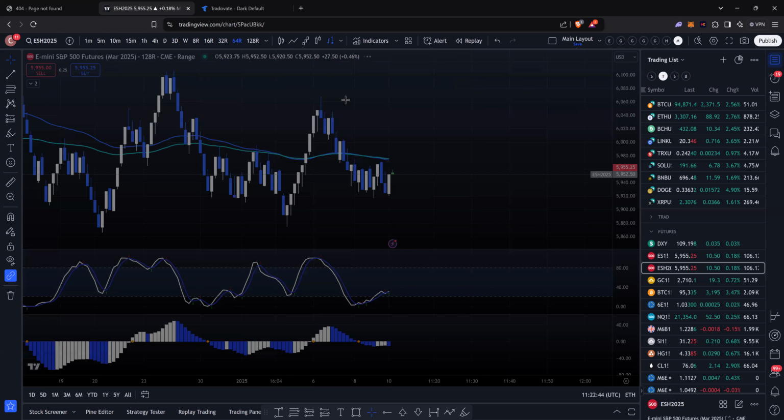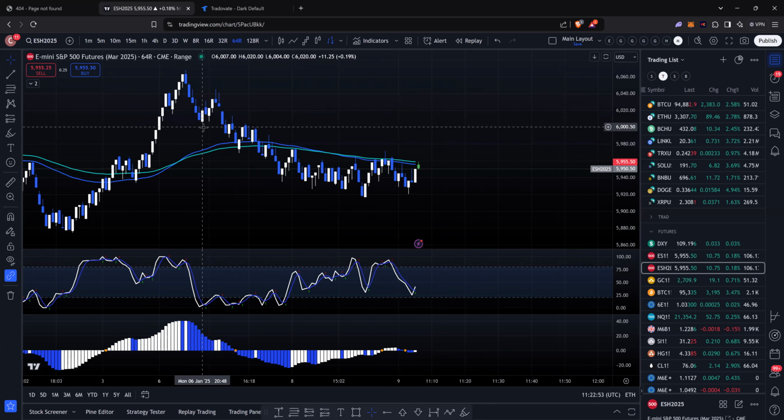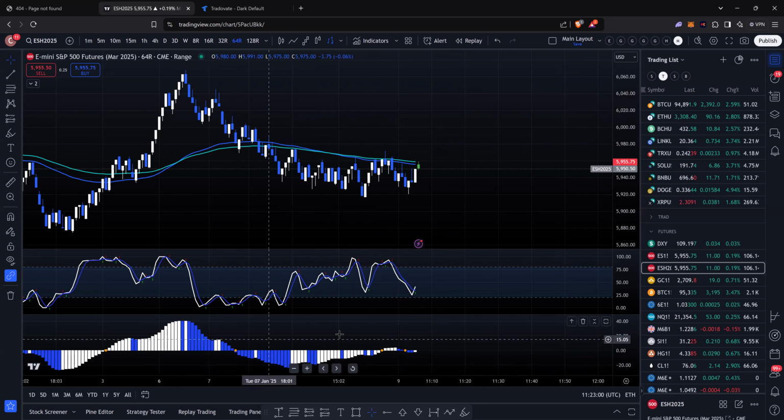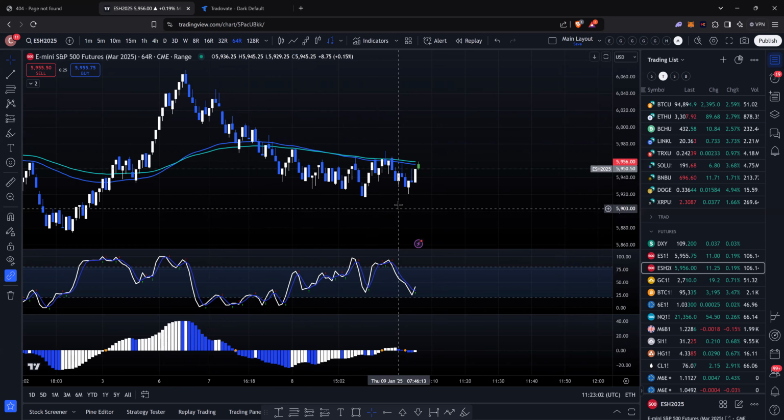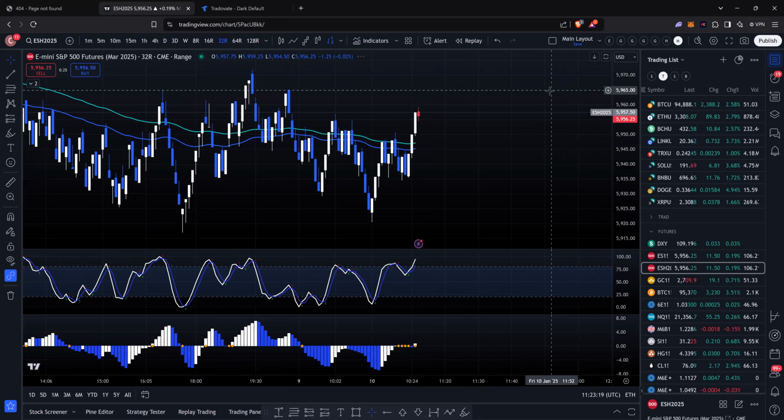Going down to the 64, very weird and unfortunate structure here. Just a lot of market weakness since Monday of this week. Prices grinding lower. The AO just keeps putting in divs that never play out. We finally get a cross and then just flip negative again. So this is just a mess and something to stay away from, unfortunately. Anyway, in my session this morning, no reasons to take this trade based on this chart.